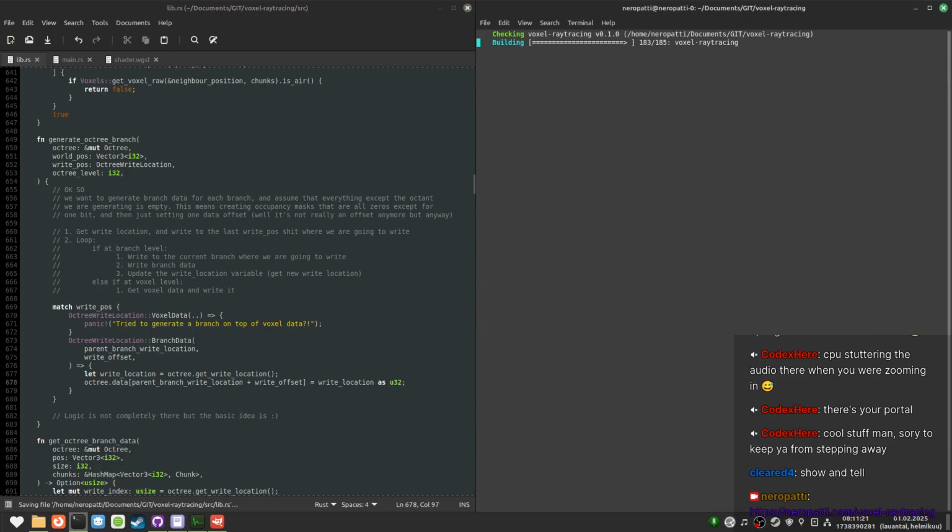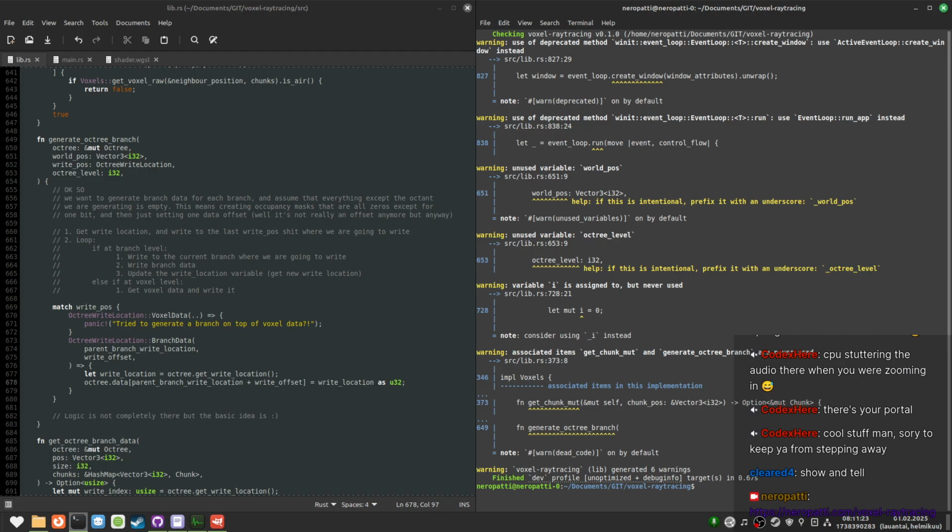So now we're letting the parent branch know the location of the child branch, right? And now we need to generate the child branch. But generating the child branch is going to be the same logic as this. We just need to let the parent know where the child is. And that's the whole process of generating the parent branch.